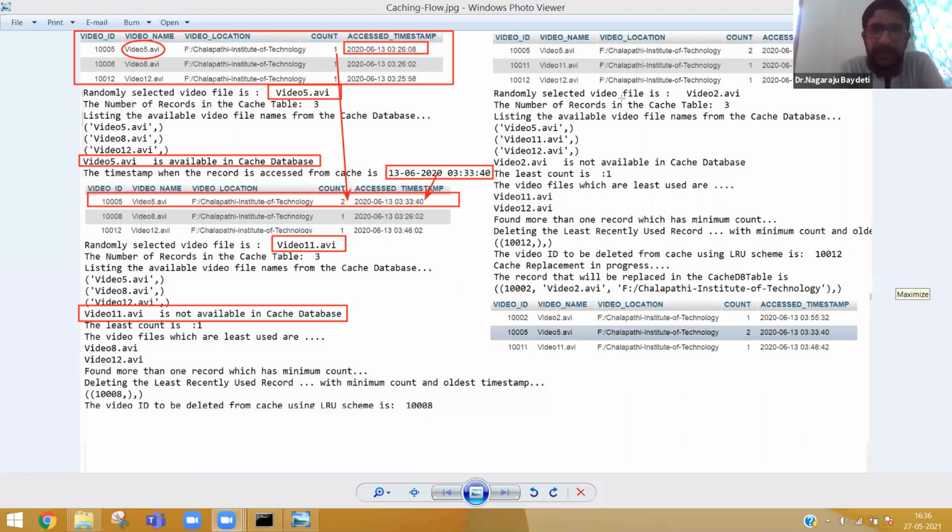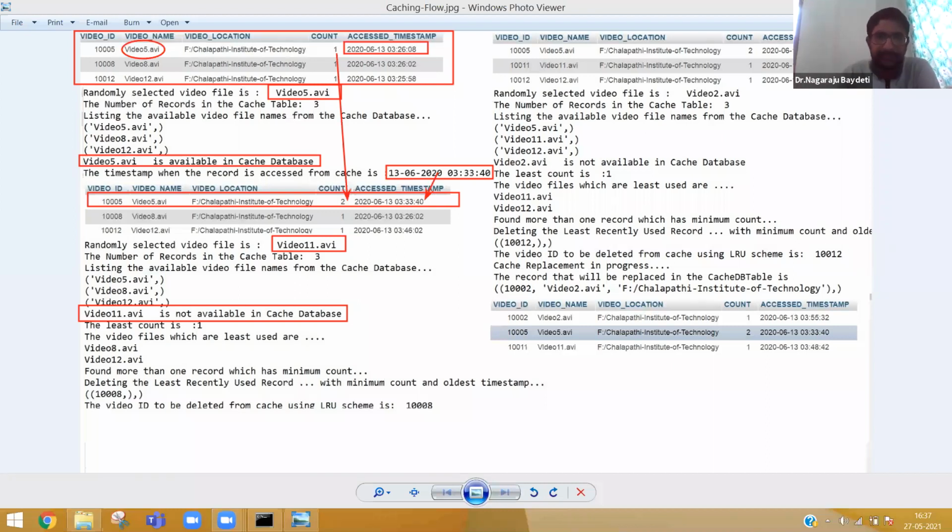One of the participants is asking, Sri, can you show it with a live example? I am going to show. I am going to explain the program and I am going to show you live. But to make you understand, I am showing you the executed file. Participant Sri, is it clear? I am going to show you. I am not going to tell only theory. I just want to make everybody understand what exactly we want to do.